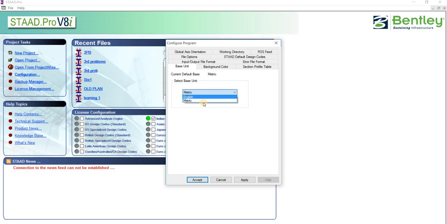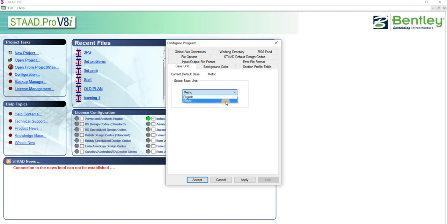Here in the units I have English, I have metric. If I want to give a unit in meter, kilonewton, I can go for metric. If I want to give pound, foot and all, foot is nothing but unit of length, pound is nothing but unit of force, I can go for English.